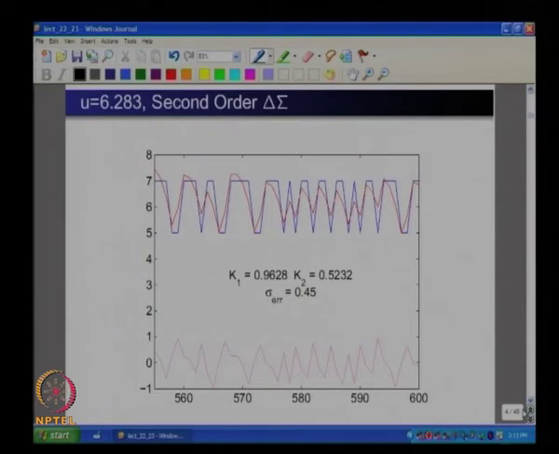So if the quantizer saturates, we see a couple of things happening. This is V, this is Y, I am sorry, this is not Y, this is K1 times Y dc plus K2 times N1,